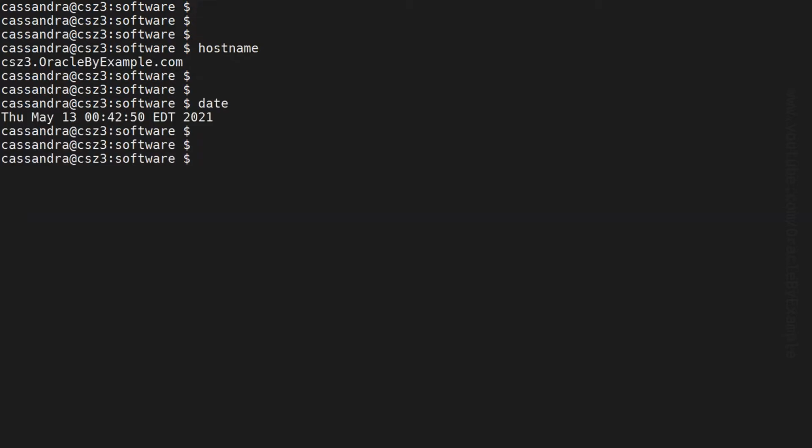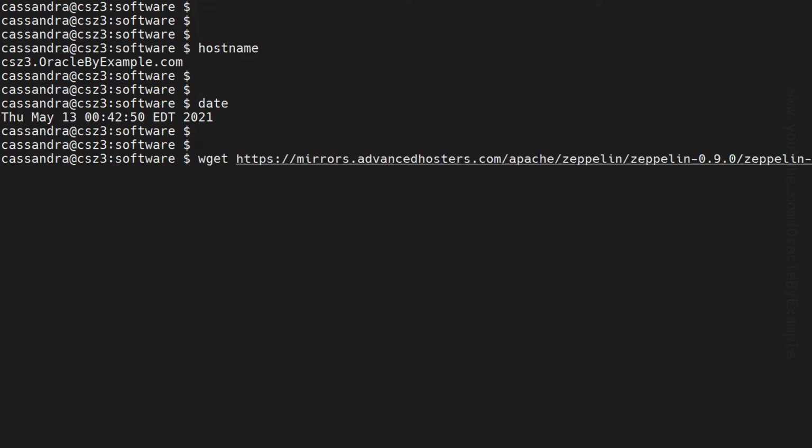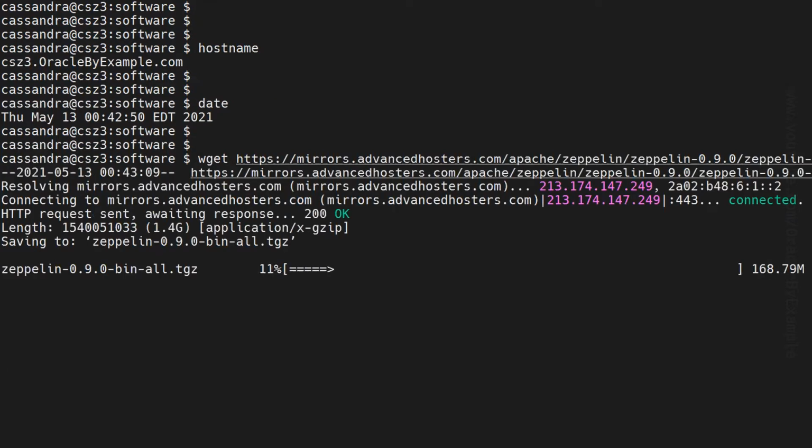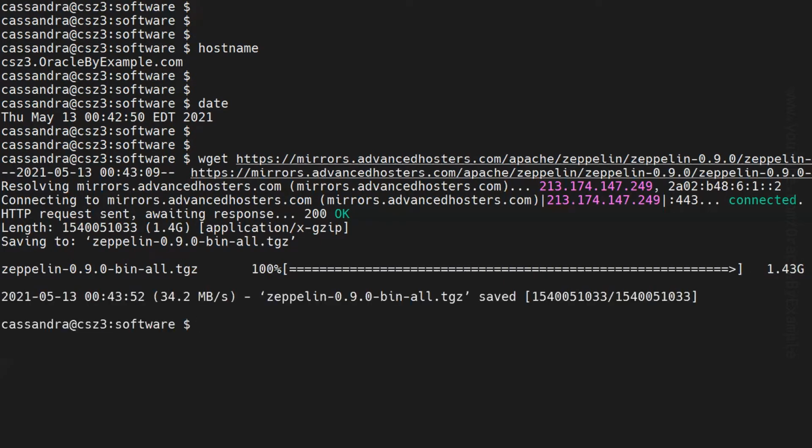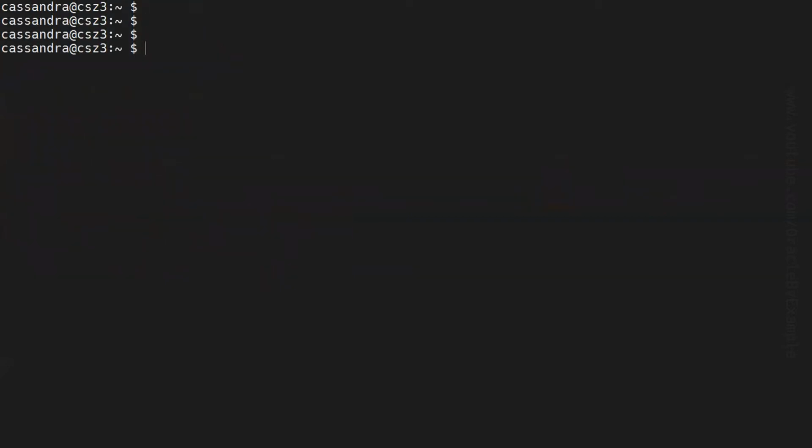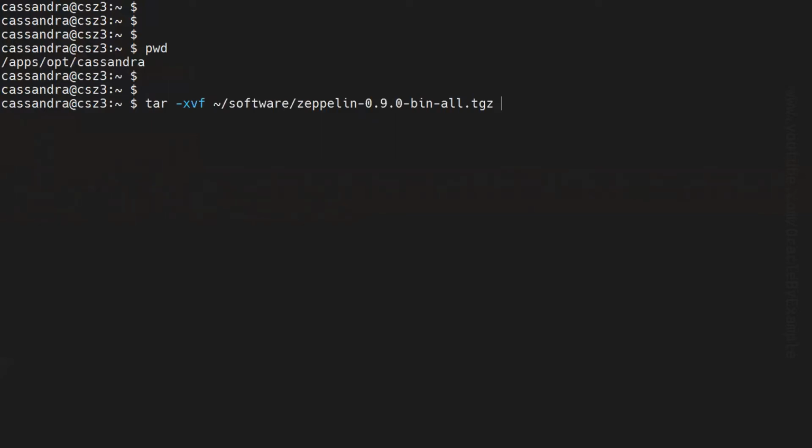I have logged into one of my Linux boxes. Using wget, I'm going to download Zeppelin software. I will now extract the Apache Zeppelin software we have downloaded.